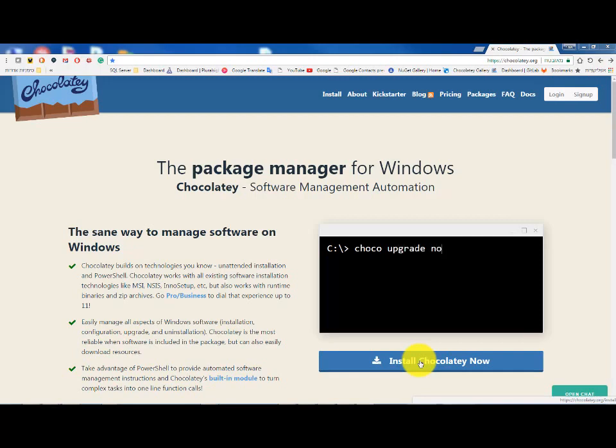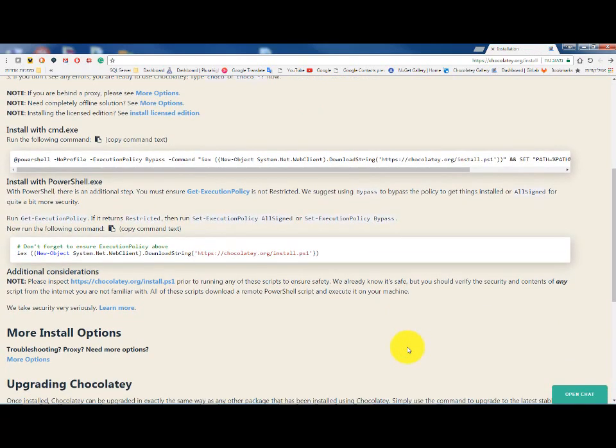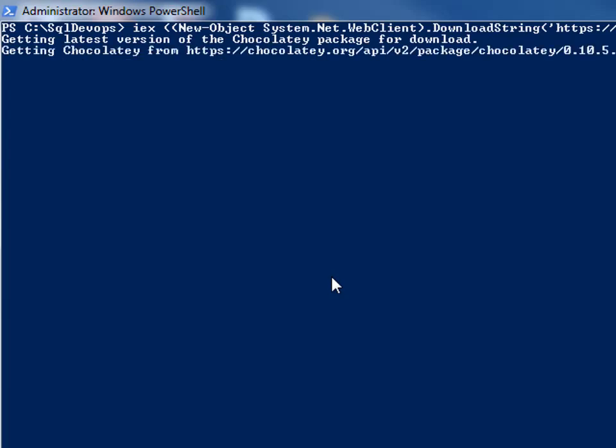Open PowerShell command line interface as administrator. Copy the PowerShell installation script from Chocolatey installation webpage to your shell. If this is your first installation, you will have to reopen the shell. Since Chocolatey is already installed on my PC, I will continue to VirtualBox and Vagrant installations.